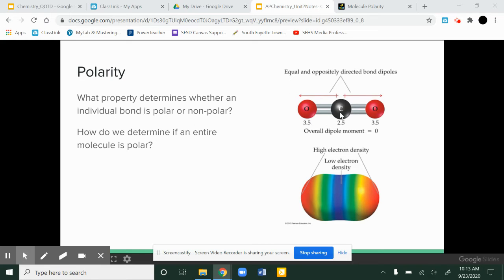But in the molecule CO2, which is linear, you have two oxygen atoms that are pulling equally in both directions. Even though CO2 has polar bonds, the overall molecule is nonpolar because the electron density is not congregated on one